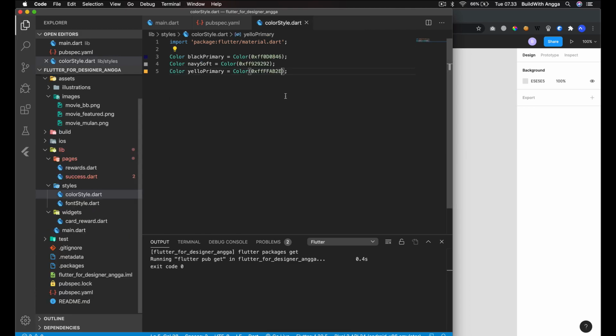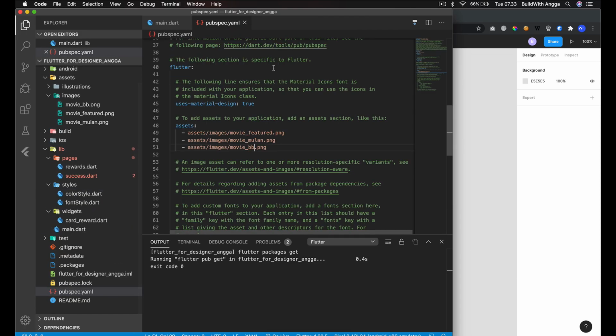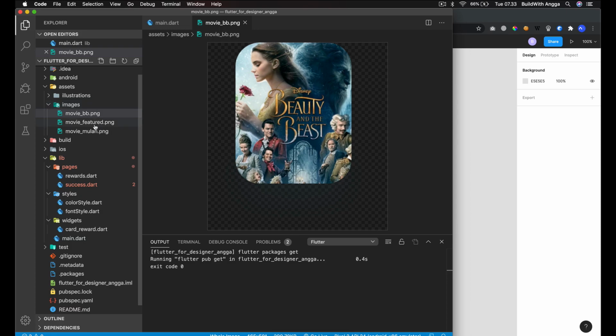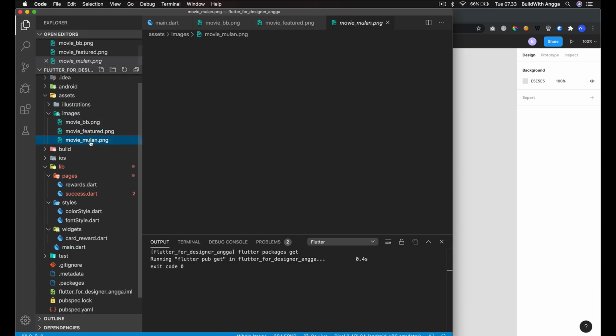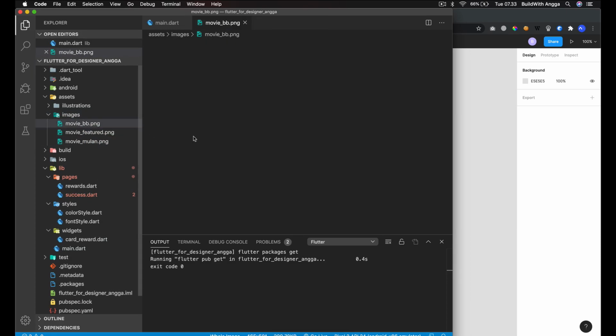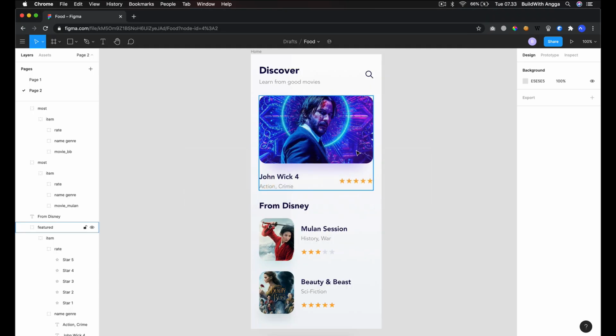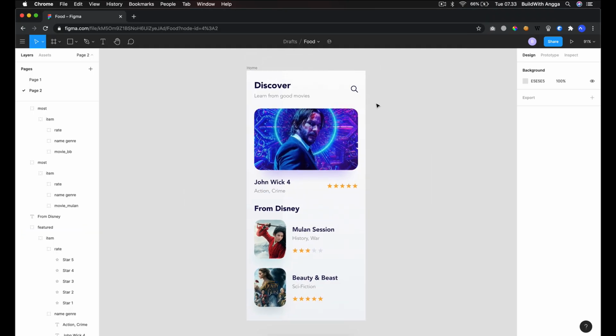This is for the color style, and this is for the pubspec. This is for the assets mainly. You see, we have several images that we are going to use in our project based on this design.